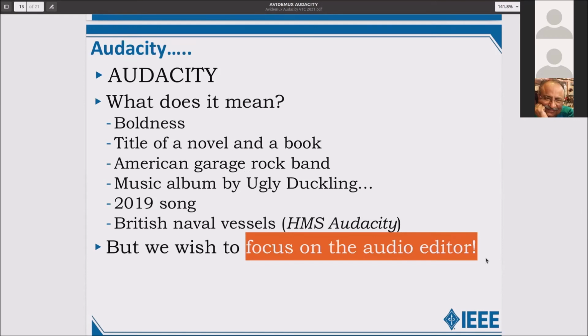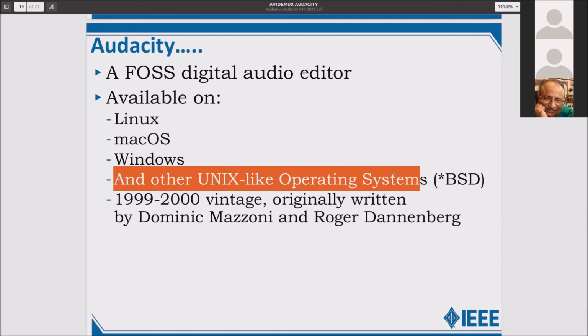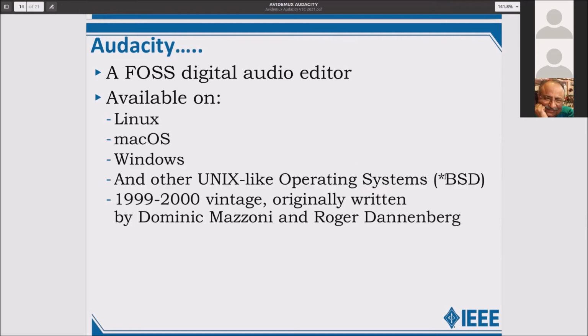So like Avidemux, which does mainly video editing, and it can change the format of the audio, but it doesn't do audio editing. This one is dedicated towards audio editing, and I'll tell you what that entails. In the short time that we have, it's a lot of stuff. And like Avidemux, it's available on all versions of Linux, Mac OS, Windows, as well as all of those other operating systems, FreeBSD, OpenBSD, and